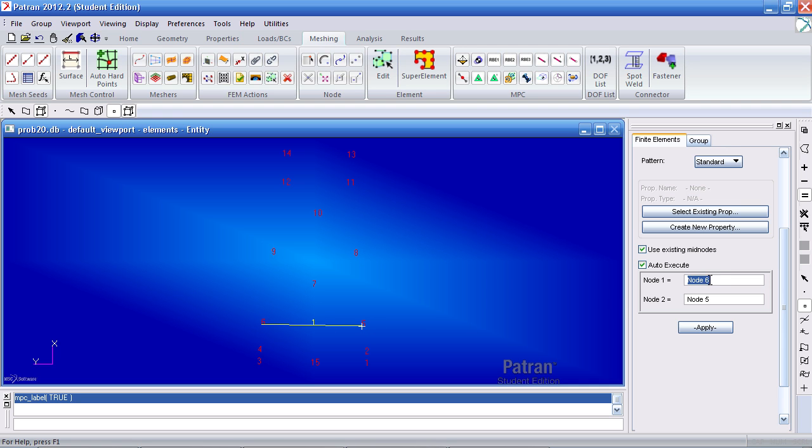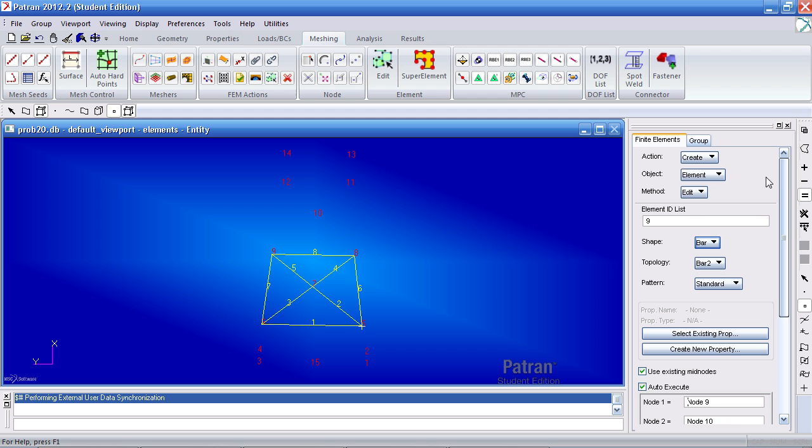With a cursor in the node 1 box, select node 5 followed by node 7. Next, select node 6 followed by 7, 7 to 8, 7 to 9, 5 to 8, and so on. And it's important that you have the same number of elements in every spot. If you accidentally make a mistake, for example here, I've accidentally made an element here, you can hit undo here,